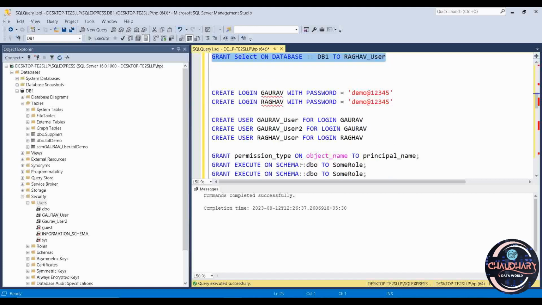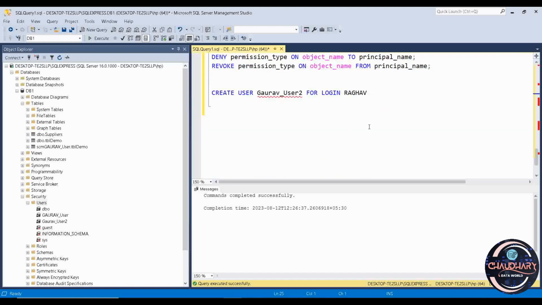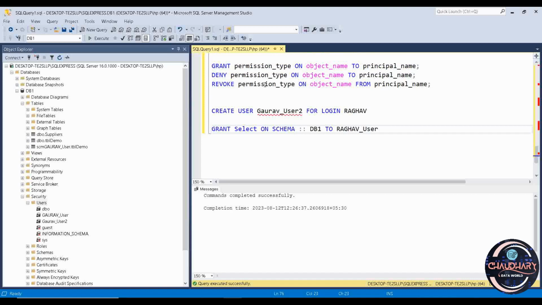Just we will take out this particular syntax, which is to grant the access on some particular schema. So what we will do, we will just put over here a schema. This particular syntax was for a specific object name, suppose the table is over there, specifically one table, if you want to give access, you can give access with this particular one. But collectively, suppose you want to give some access, that is, suppose a schema is